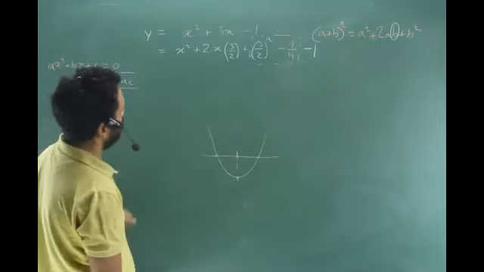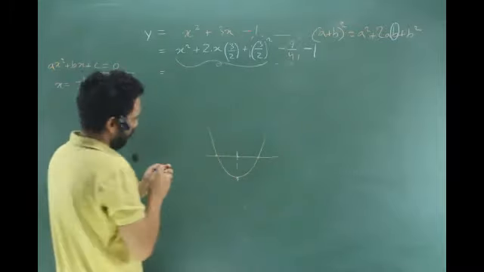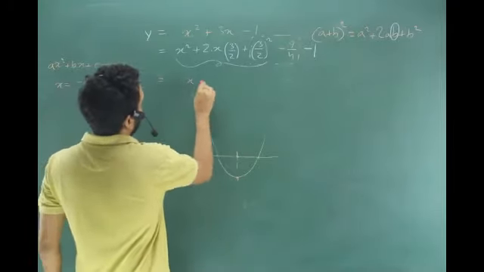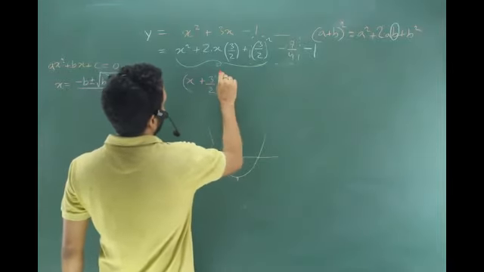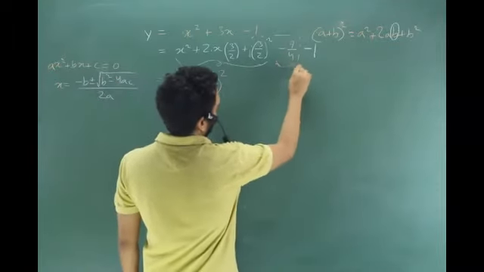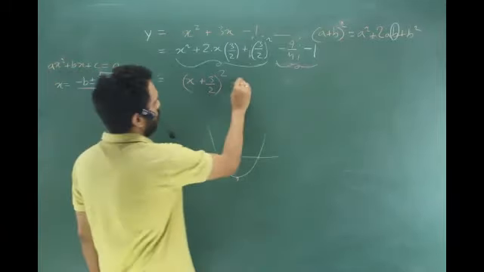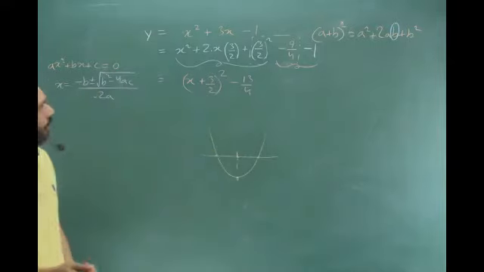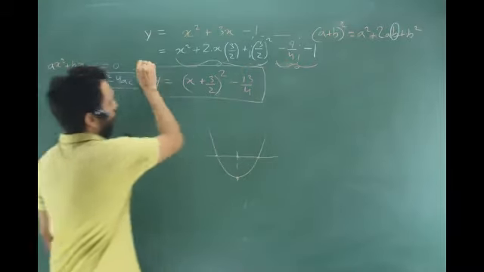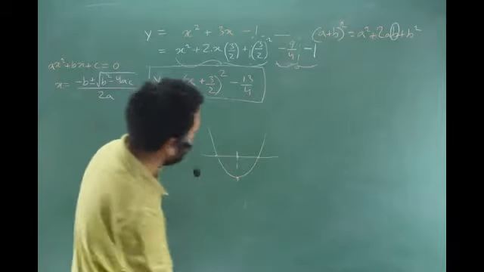Okay, 10 seconds. Now, why did we do this? So that the first three terms we can pick up and write in our desired format of x plus b, or which is 3 by 2 the whole square. And these two terms, we will calculate and put minus 9 by 4 minus 4 by 4, which is minus 13 by 4. I gave you bad numbers so that you don't worry about bad numbers. Can you plot it? By all means, right?